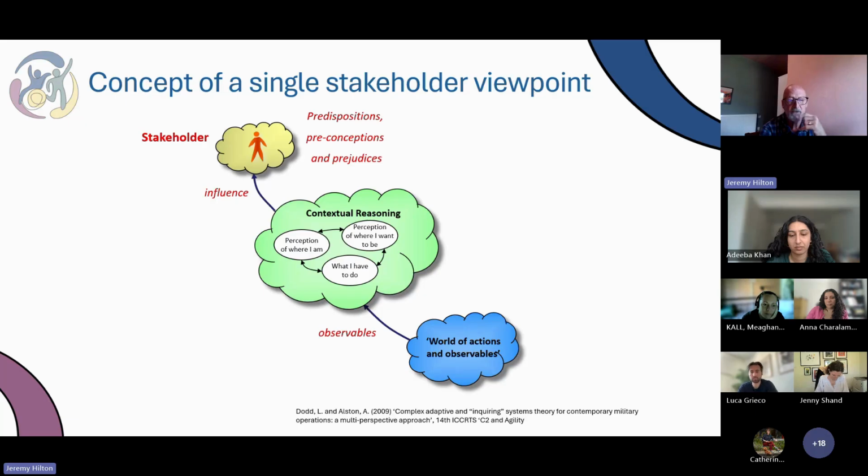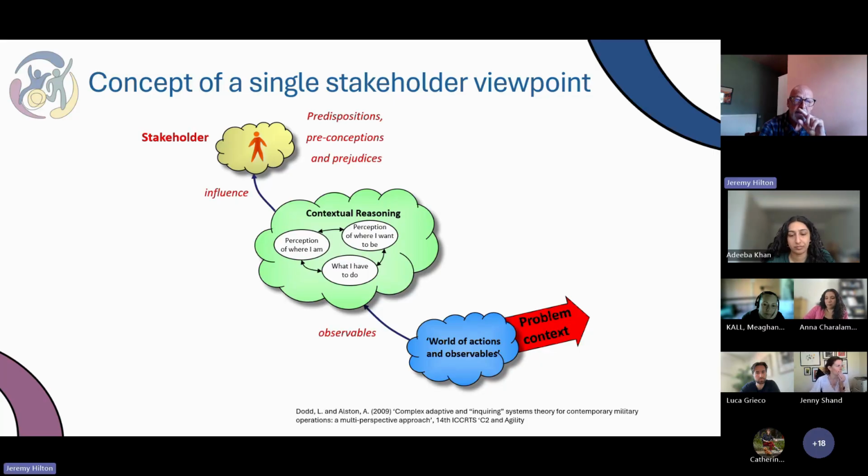That's how we go through life. We are thinking about, is that right for me? Where do I want to be? What have I got to do? Where am I? So when we've got a problem context, we then explore that exactly the same way, often from our own perspective. So each of the stakeholders, in doing what they're doing, are going to be looking at each of these transitions and looking at it from their point of view.